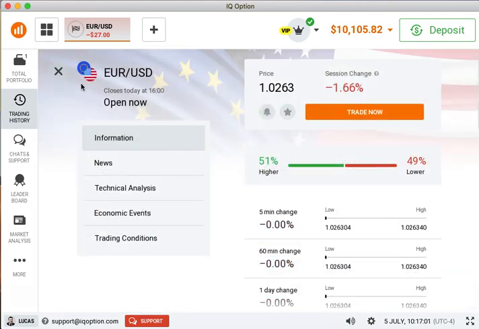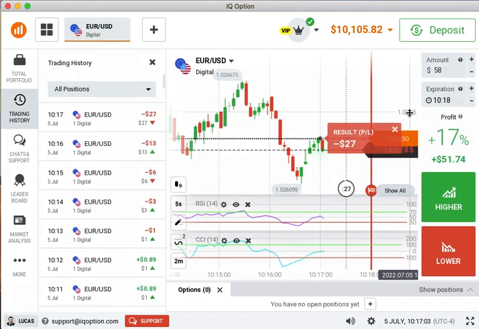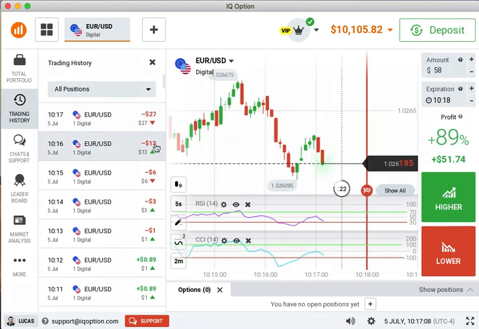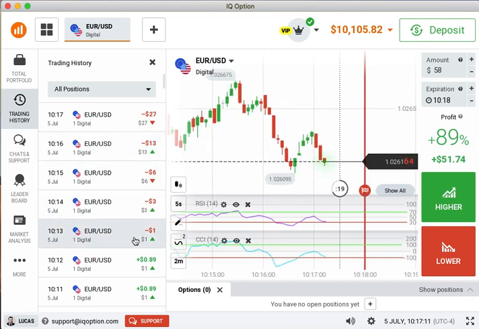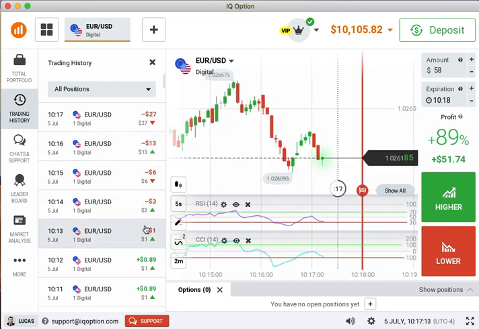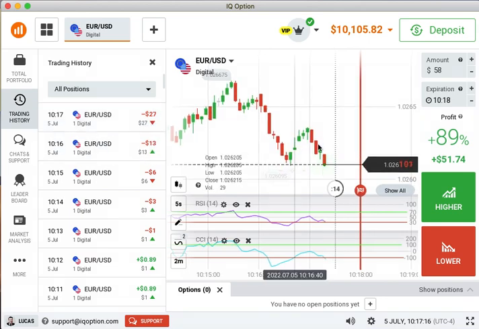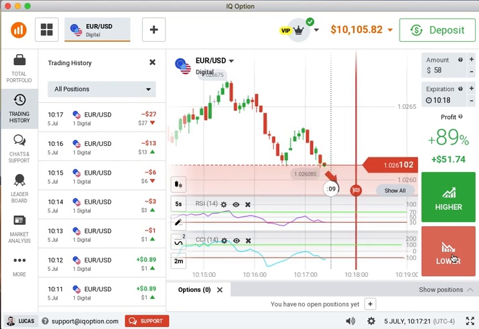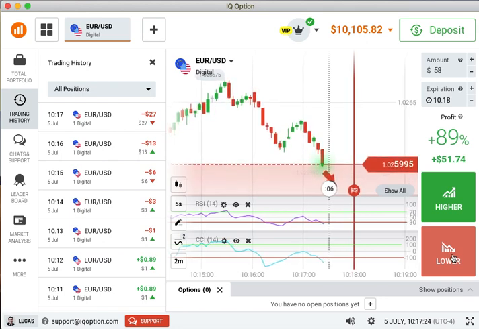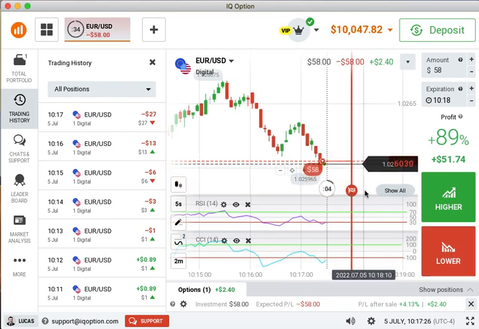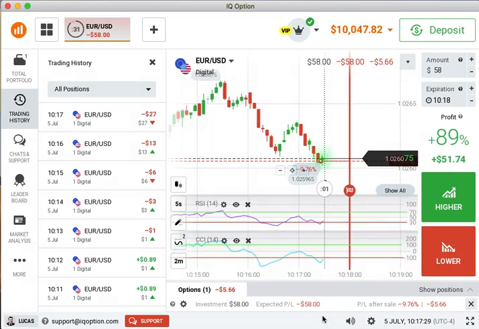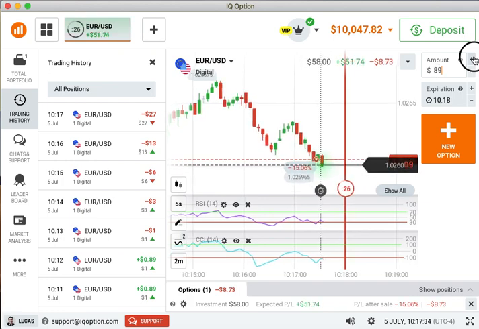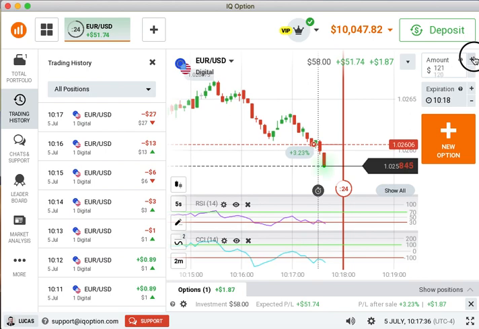4, 3, 2, 1. It lost. It's okay if it lost because we have a remedy for that. 6 and 4, literally 30, 40, 50, $1.74 if this one wins. So let's see, 9, 8, 7, 6, 5. We sell here because it's both of them down, right? 58. Go up to 123 is the next one in line.